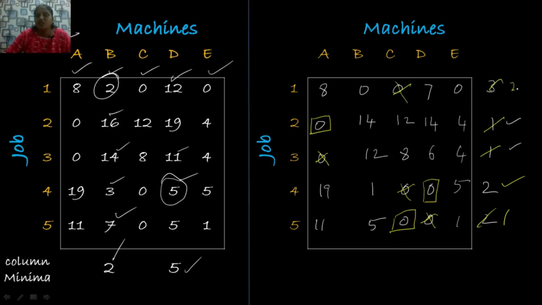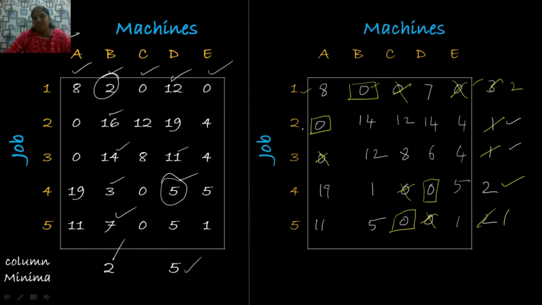Now let's move on to the first row. Here it has 2 positions. I am going to make assignment either at this position or this position. Arbitrarily I have to choose this position for making assignment and cross the remaining 0 element in the same row and column. After making assignment, check whether each row and each column has exactly one assignment or not.